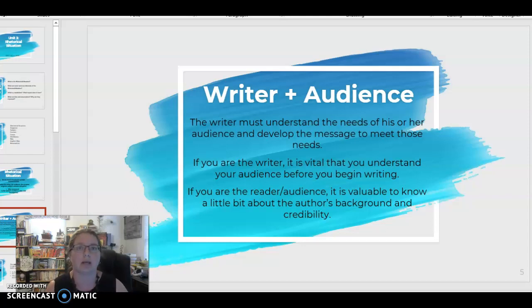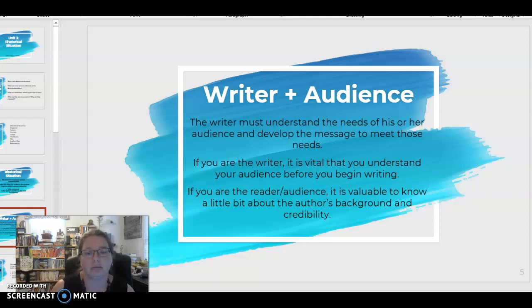Should this be a short essay or a long essay? What kind of information? Technical information, lots of evidence, maybe more persuasive. Do you want this to be funny? All of that information, all of those decisions that you make as a writer are at least partly hinging upon who your audience is. If, on the other hand, you are the audience, if you're the one who's reading an